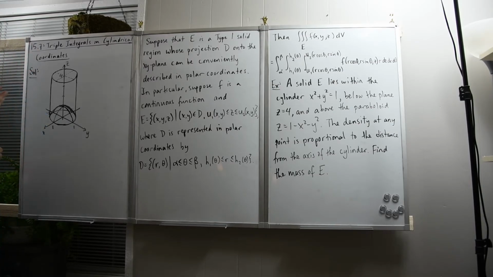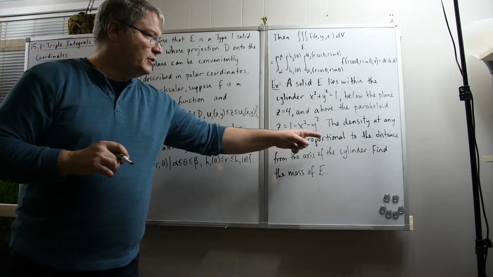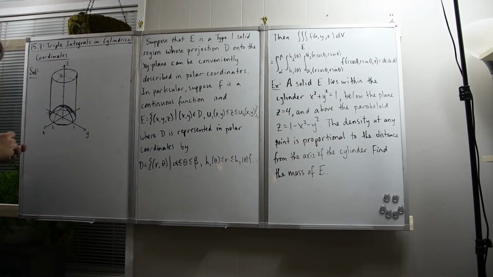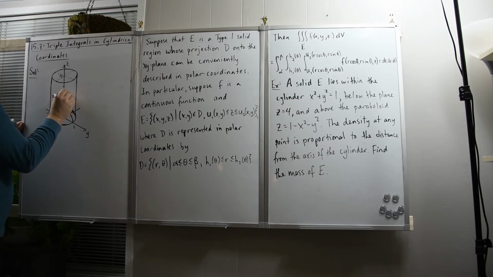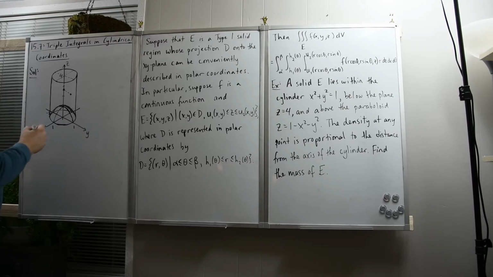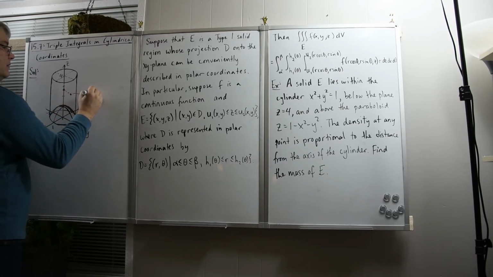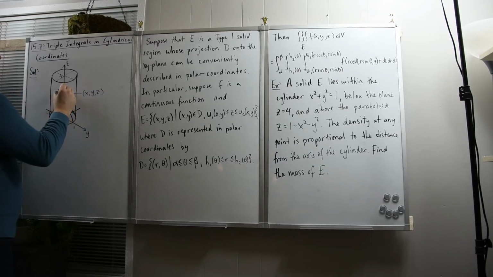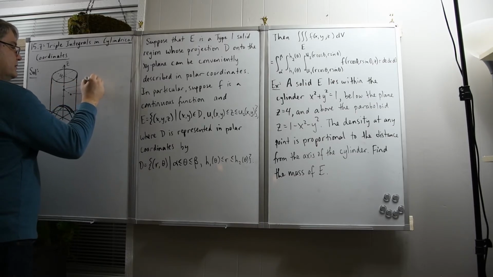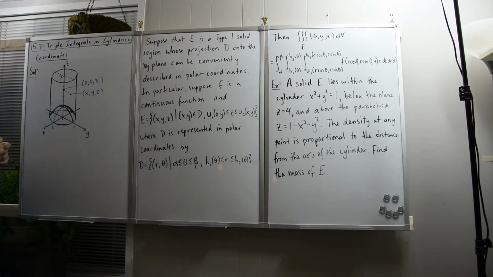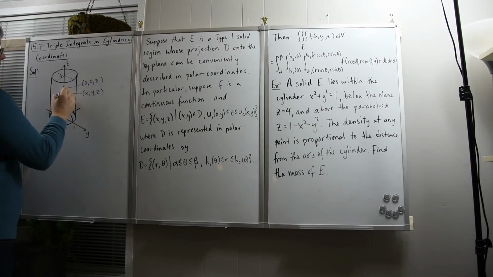And so if you think about what the density function is, well, it says the density at any point is proportional to the distance from the axis of the cylinder. So if we were to take a look at, maybe this is a point that's in the cylinder, we trace this back, take a look at the distance between that and this axis. If this point has coordinates x, y, z, then this point, since it's on the z-axis, will have coordinates 0, 0, z. And so finding the distance between these 2 points,